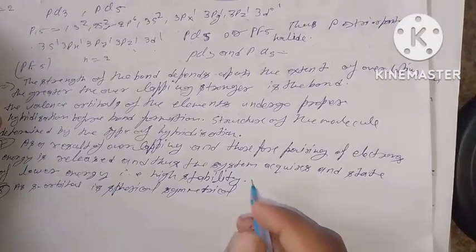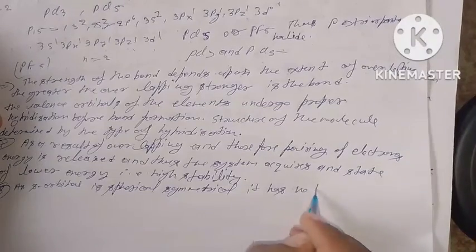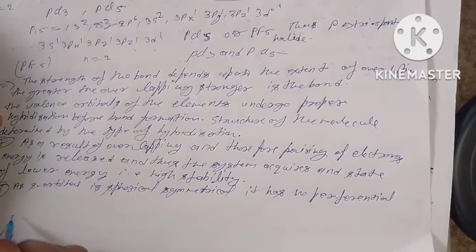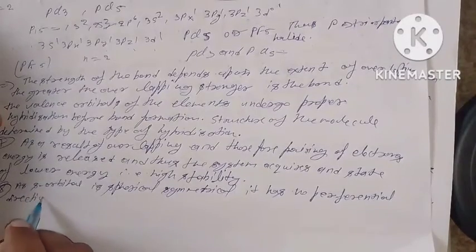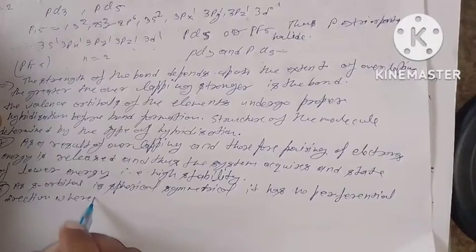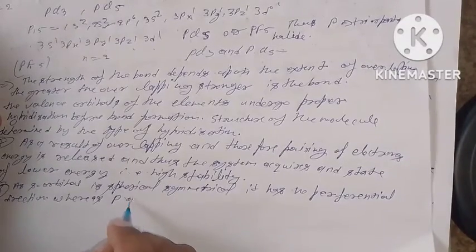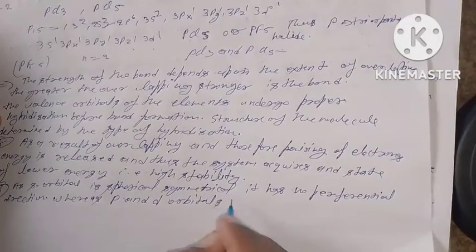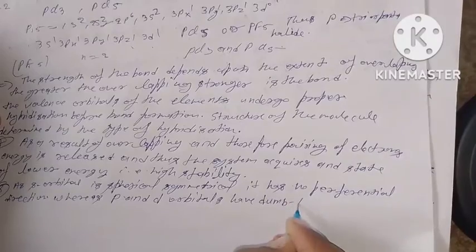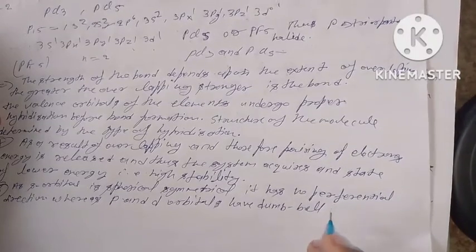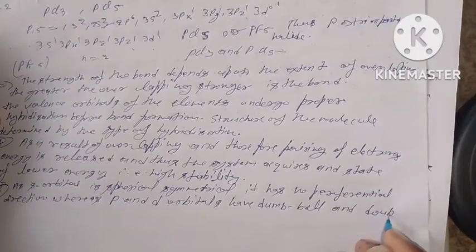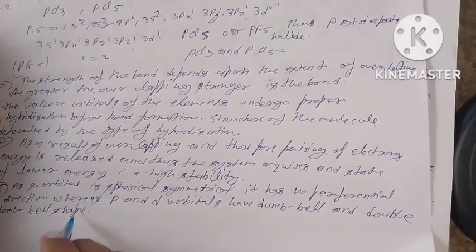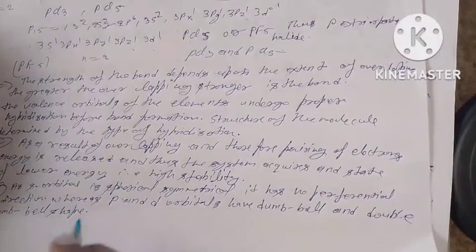It has no conventional direction. It has no professional direction, whereas P and D orbitals have dumbbell and double dumbbell shape. Hence they will tend to form